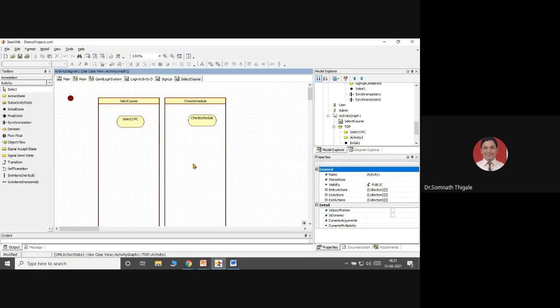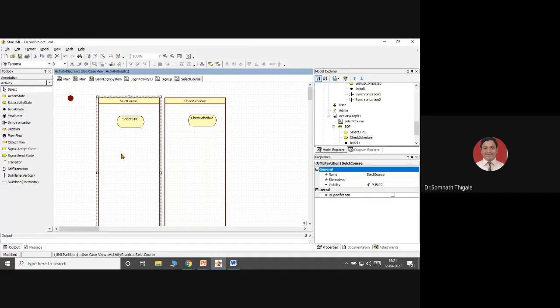Why is this needed? Because suppose I have selected one course as OMD, the second course as software testing, the third course as Unix, the fourth as machine learning, and the fifth as IoT. But just imagine the class for the IoT and the class for the OMD is at the same time. Is it possible for one student to attend two different classes at the same time? Definitely not. So at that time, we can use these concepts of swim lanes. That is what the OR options are.